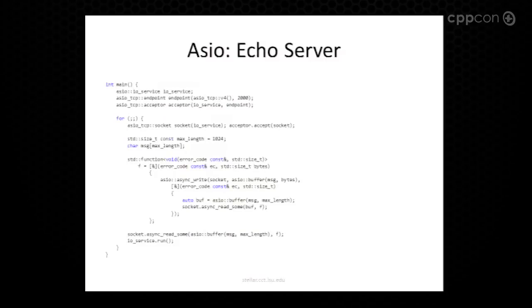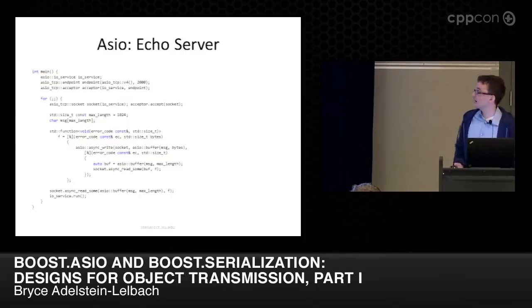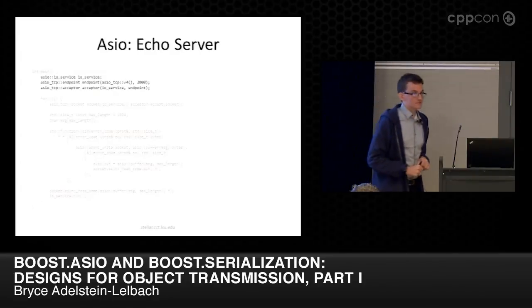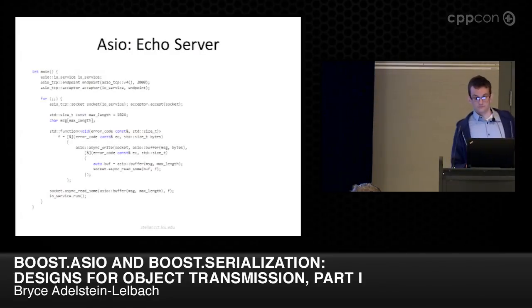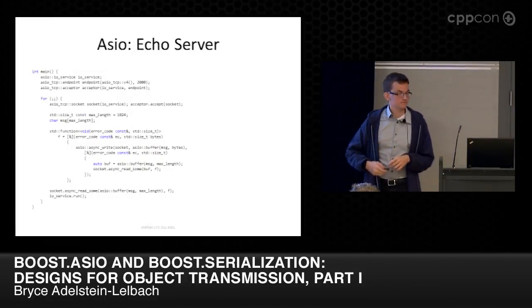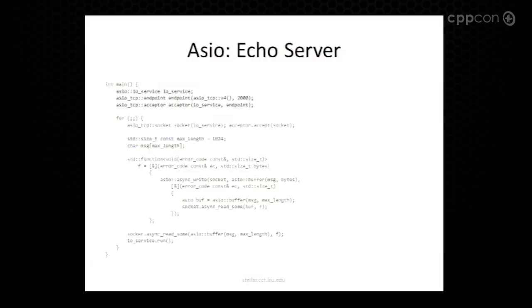So now we're going to walk through this echo server example. I like this because it's very short, and it implements a very simple TCP echo server. Here, the I/O service is our proactor. That's the thing that's going to be actually processing those completion handlers and those events. And if you remember from the picture of the model, we had that demultiplexer. That's going to be when we call run, which we'll do down there.